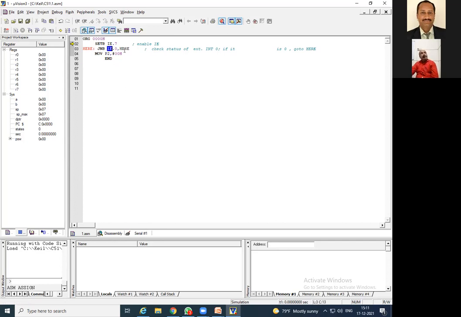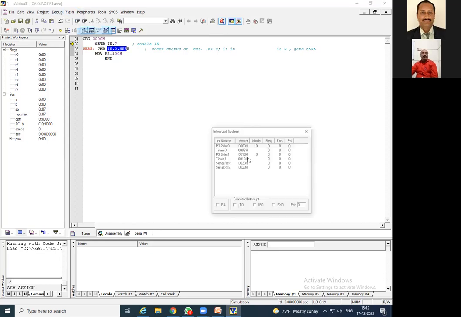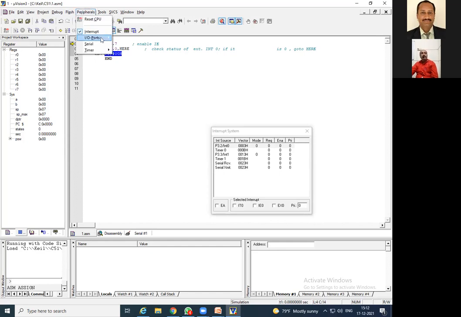Here, if you see carefully, IE, that is the interrupt enable, we should turn on in this particular window. At the same time, P2 also we have used. P2 means port 2. That also you can open here.